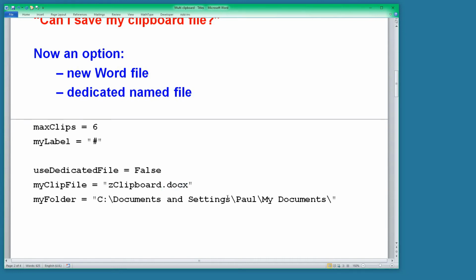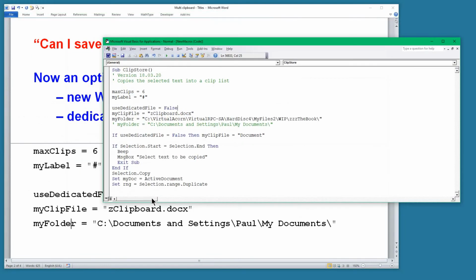So out of the box it just has this generic sort of possible place where you might have a folder that you use for the file. If I now change this from false to true,